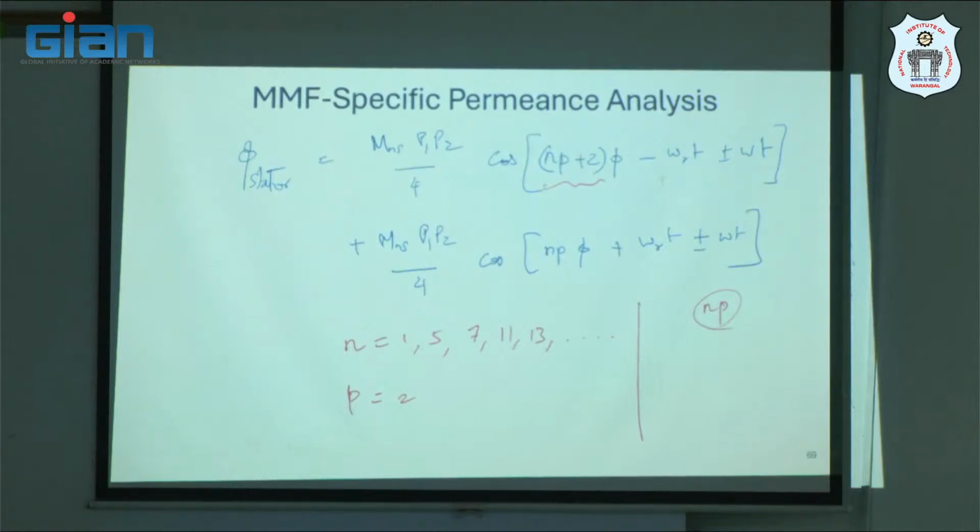So what you will realize is this term will not induce any current. But you look at the other term, this matches. So current can be induced. So what will be the order of frequency? It is omega t plus or minus omega r times t. There is an additional frequency component that corresponds to rotor frequency that is showing up in the line current due to mixed eccentricity fault. So this is the analysis you will carry out for different faults, and remember that we